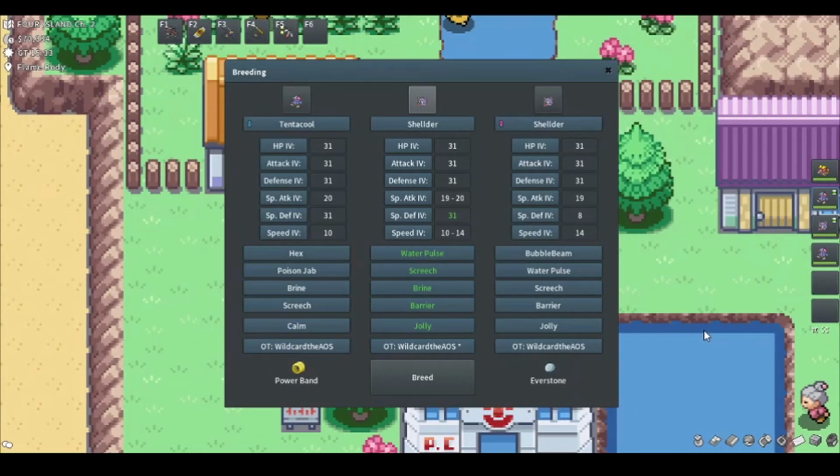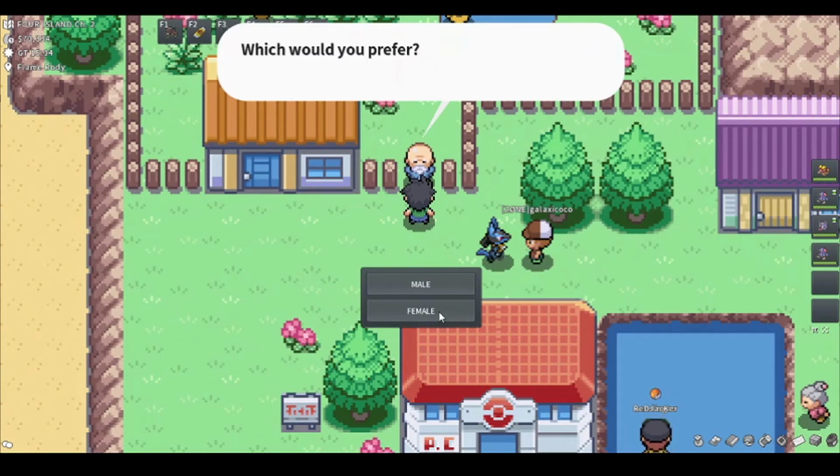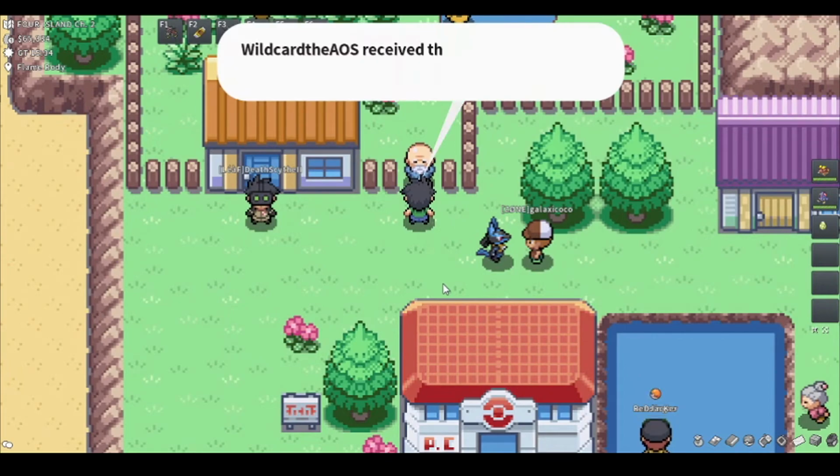Okay, and we're back again. So now I've finished breeding the 4IV Tentacool, breeding with the Shelder, so we'll end up with a 4IV Shelder here, Jolly Nature. So I'll go ahead and press breed. Yes, and we still want the female Shelder, which would cost the extra 5,000. So now we have a 4IV